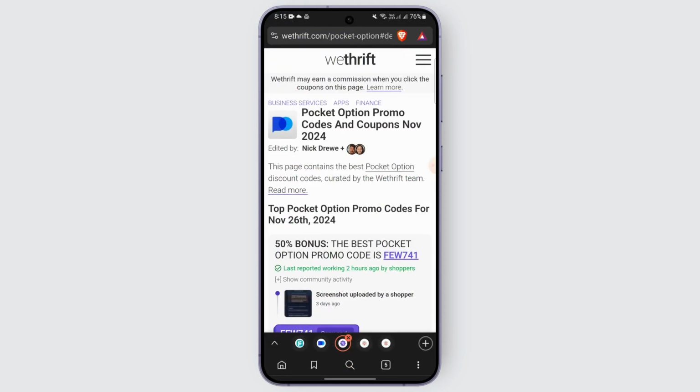So you may also follow the same process and go on with redeeming the pocket option promo code